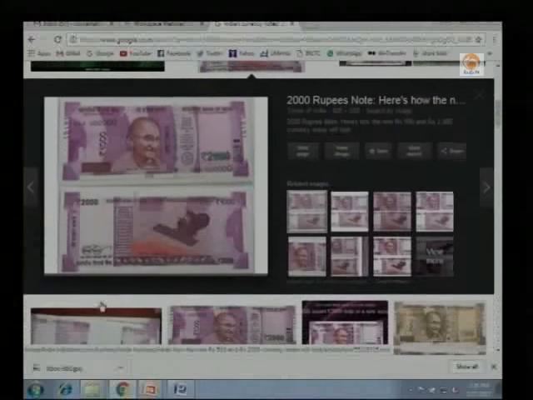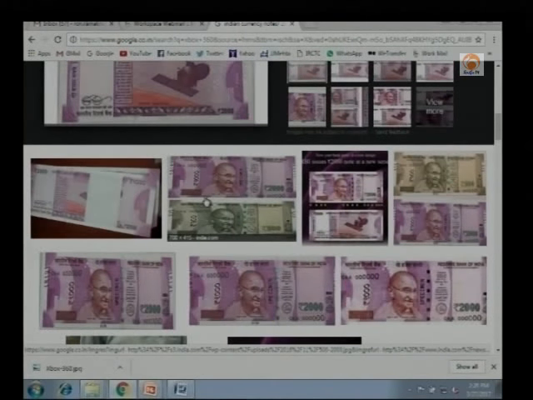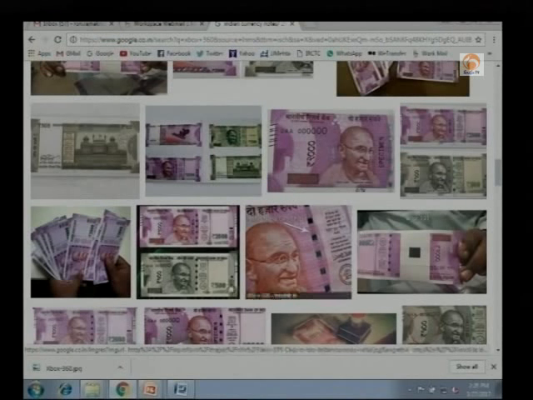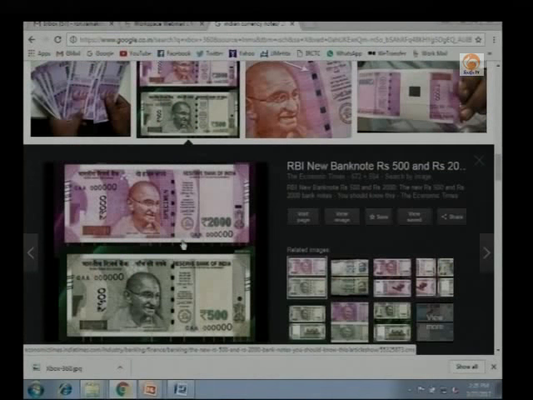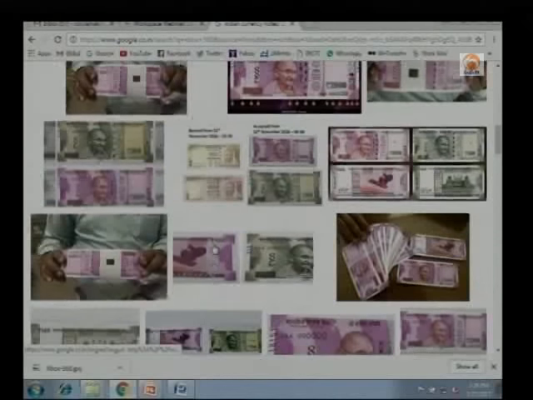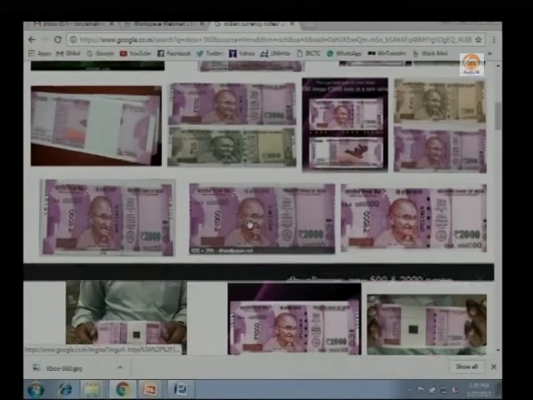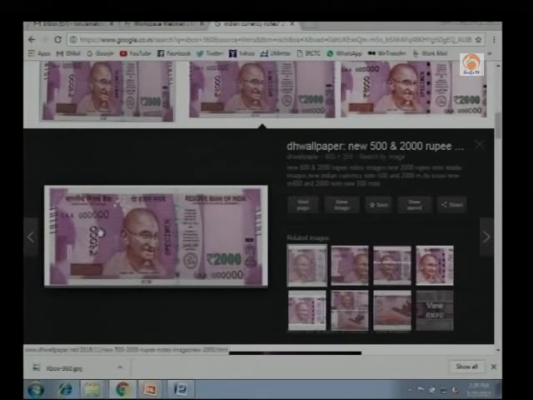So I'm looking for an image which looks better. So let me take this. Now if you look at this particular image, there are some watermarks, so I will not use this. All right. Okay, here we go. Again, right click, copy image